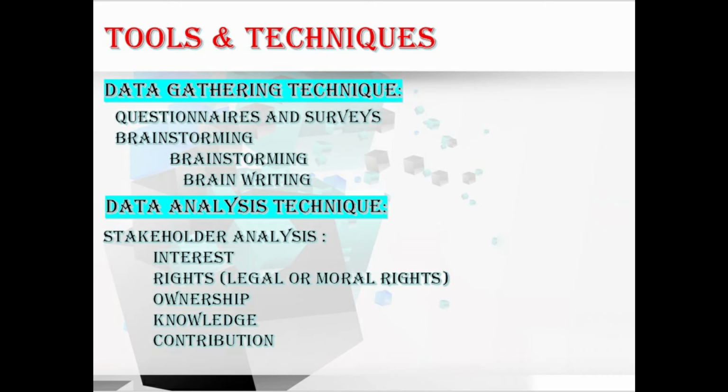Moving to ownership. A person or group has a legal title to an asset or a property. This is the ownership. Moving to knowledge. Specialized knowledge which can benefit the project through more effective delivery of the project objectives, organizational outcomes, or knowledge of the power structures of the organization. This is about knowledge. Moving to the last, contribution. In contribution, the provision of funds or other resources, including human resources, or providing support for the project in more intangible ways.